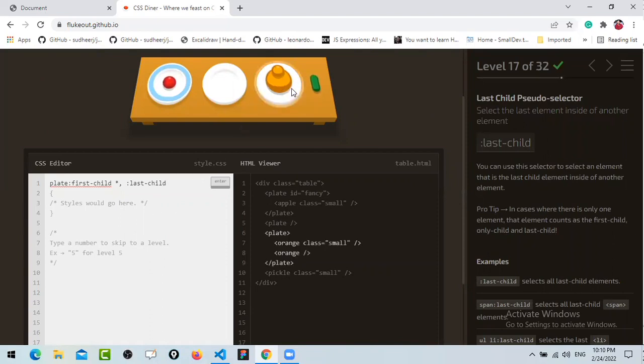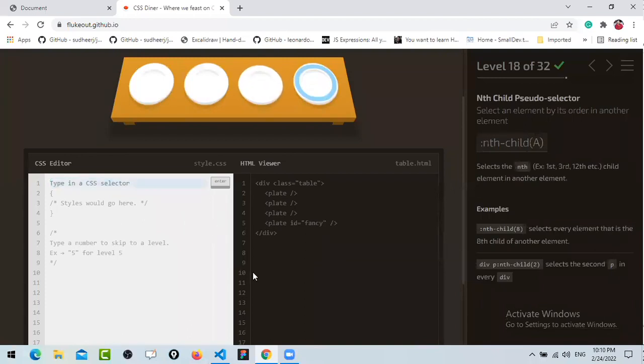See here, this element, as well as this one. So you have to mention clearly, like, I'm going to target pickle if it is a last child, then it will work. Now you have to target this one, this plate. What you can do,